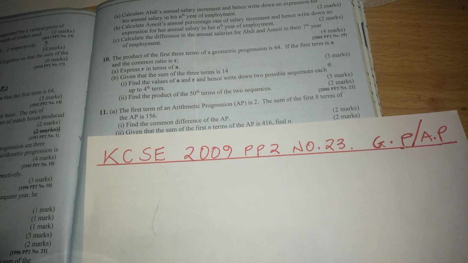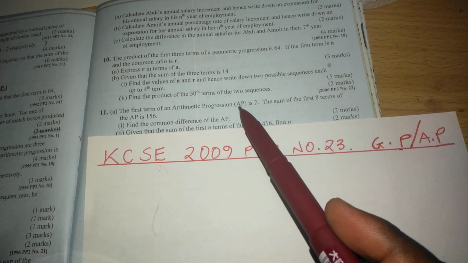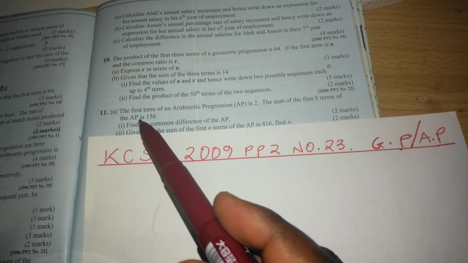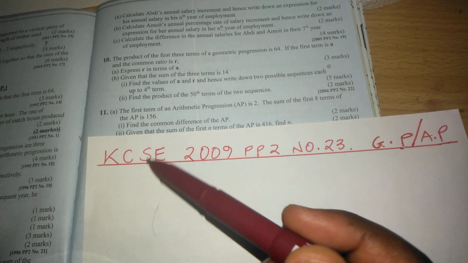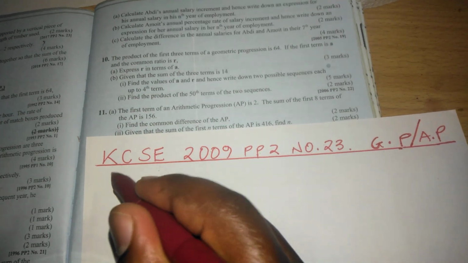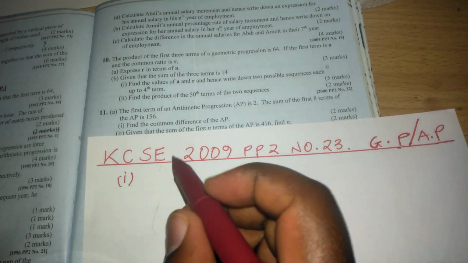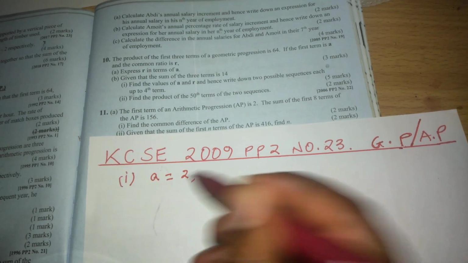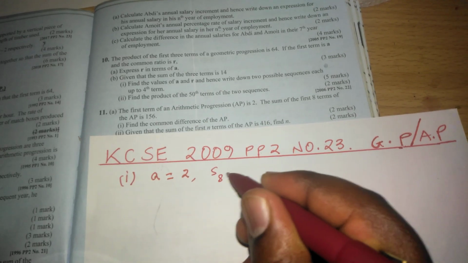Therefore, we're going to look at a question which combines the two concepts, and we are told that the first term of an arithmetic progression is 2. The sum of the first 8 terms of the arithmetic progression is 156. The question is, find the common difference of the AP. Therefore, if we start solving the first part, we are told first of all the first term, which we mostly let to be a, is given as 2, and the sum of 8 terms is